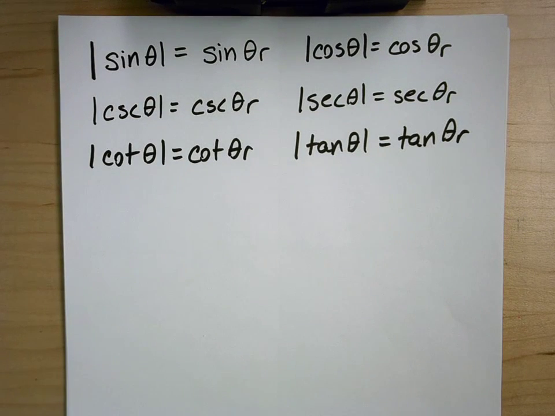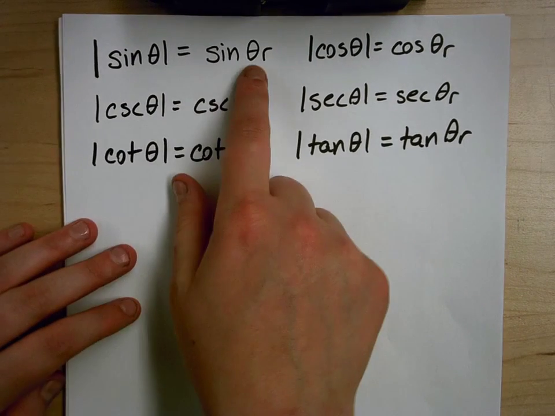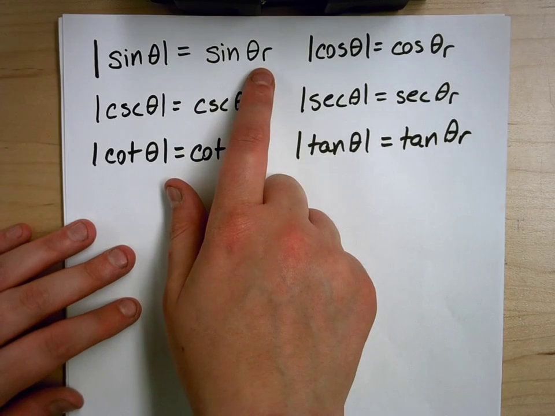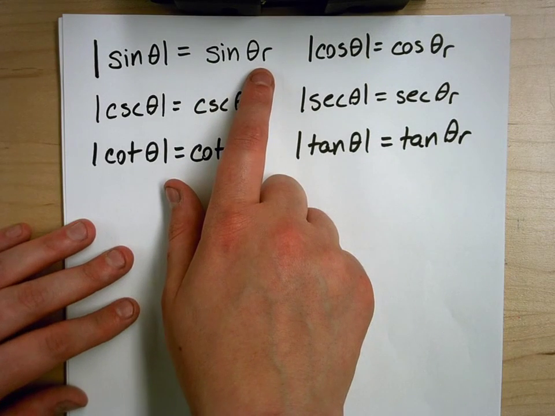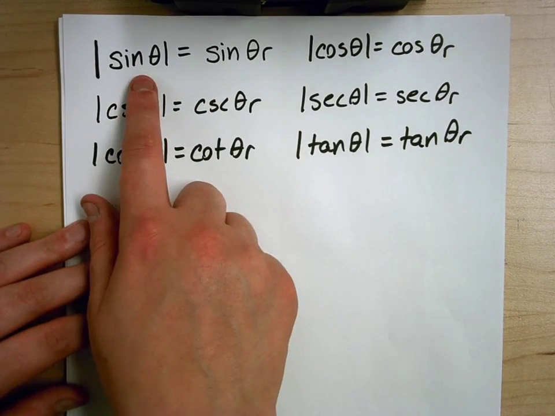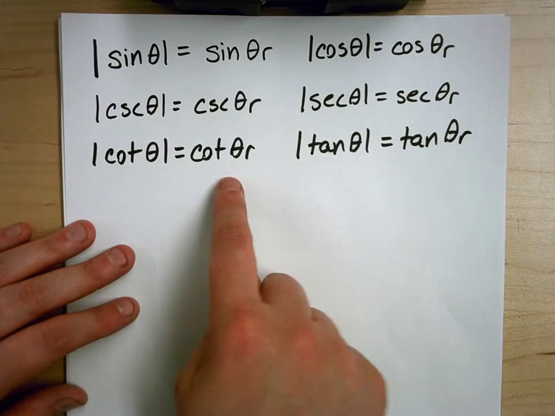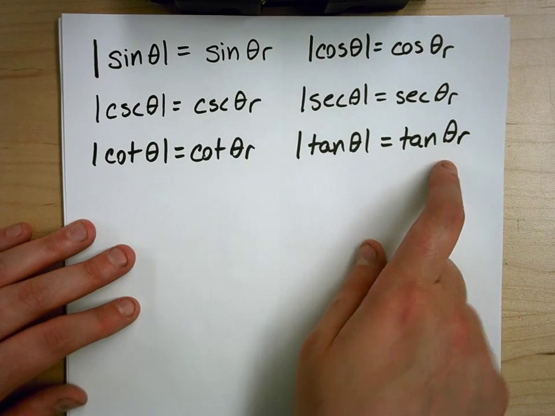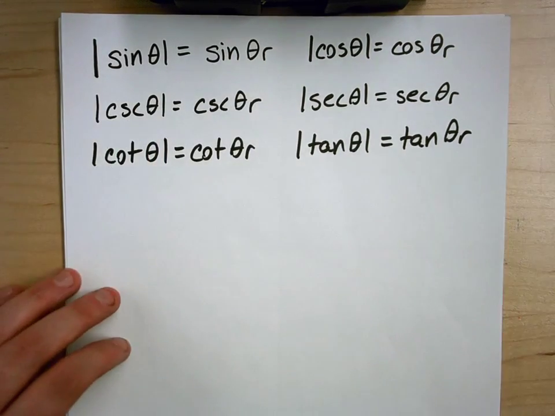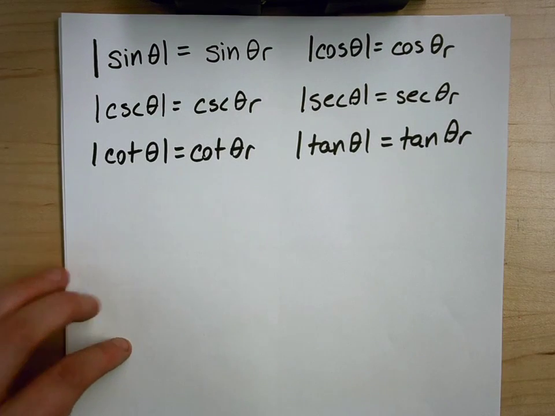Alright, let's do one more thing before we get into doing examples of when we can use these for inverse functions. So first, notice that if we have the reference angle of an angle, then the absolute value of the trig function is going to be the same. Okay, so what I mean is, say for example, that we take